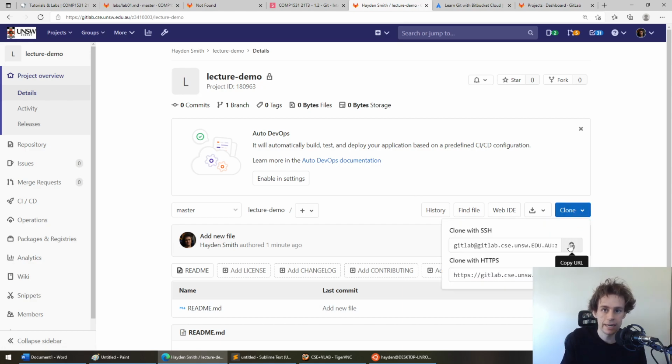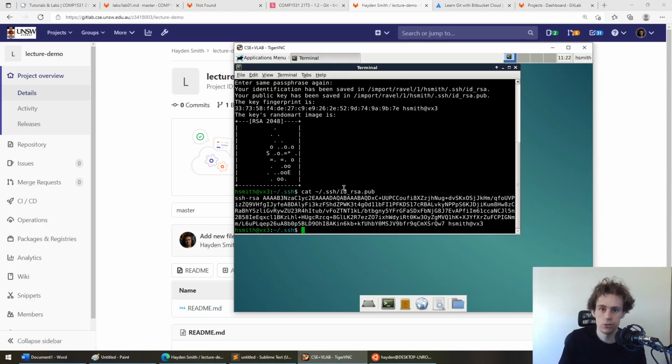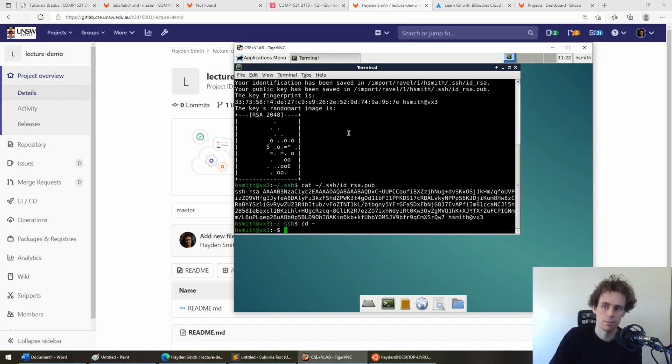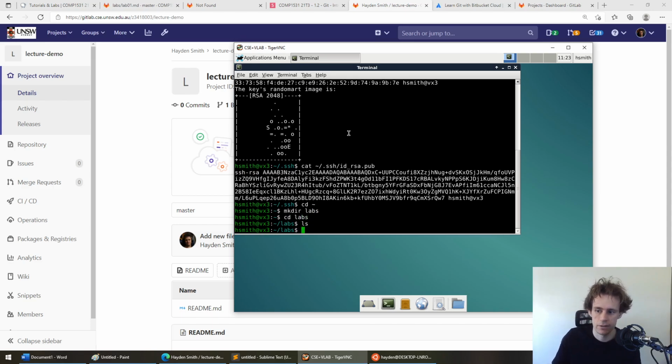You then copy the SSH clone, right? And you come to your terminal. In this case, I'm going to go on my VLab machine, and I'm going to go to my home directory. I'm going to make a folder. I'll call it labs, call it anything you want. And then to clone it, I'm going to go git clone, and then I'm going to copy and paste this